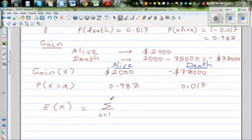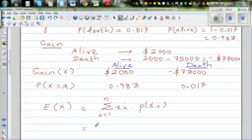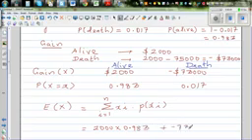This is the general formula: the sum from 1 to n of xi times the probability of xi. So here, you multiply this gain times its probability, and add to this times this. So basically, this is 2,000, I'll explain the meaning of this, times 0.983, plus minus 73,000, this is when the person has unfortunately died,